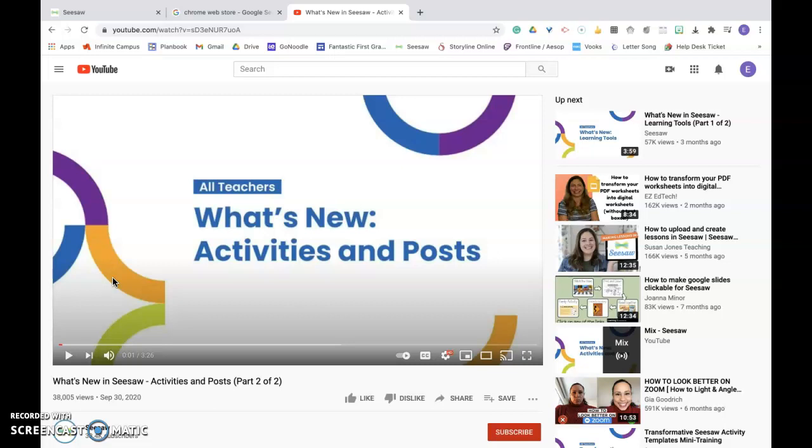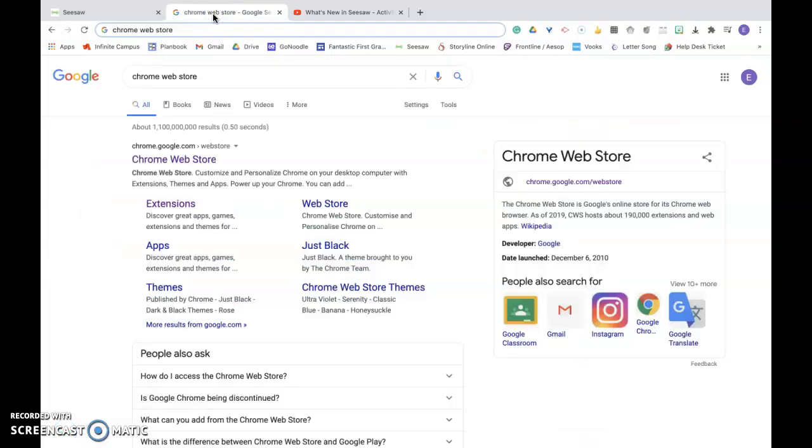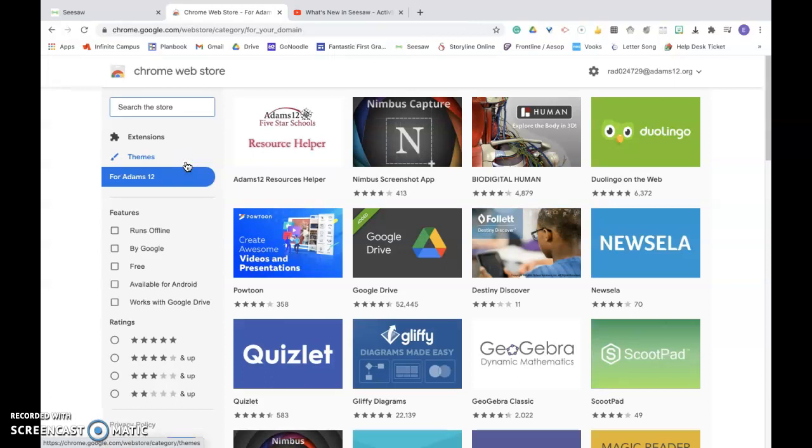So being able to embed your video into the Seesaw activity so that students don't have to leave the Seesaw activity is a very useful tool. So what we're going to need to do first is download a Chrome extension. You can do that by first just searching the Chrome Web Store, and that will take you to the web store where you're going to search for